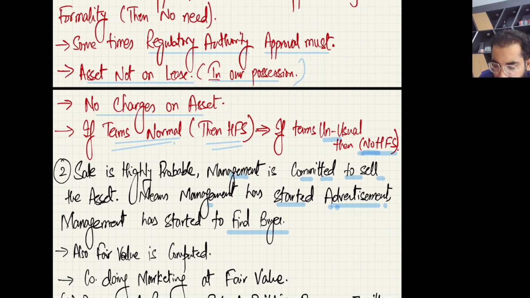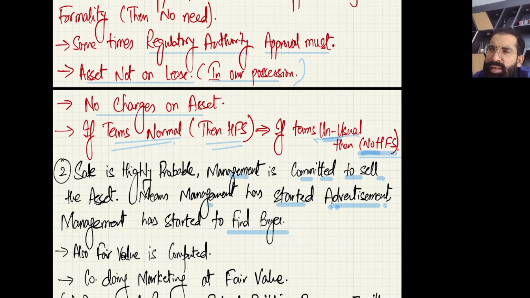If terms are normal, then held for sale. If terms are unusual, then not held for sale. What does it mean? It means, listen, if I'm following the market pattern, let us say all the market is following the same pattern, and I'm also following the same pattern of selling, then it's okay. But if my pattern is unusual, conditions are unusual, listen, for example, I'm selling a property in